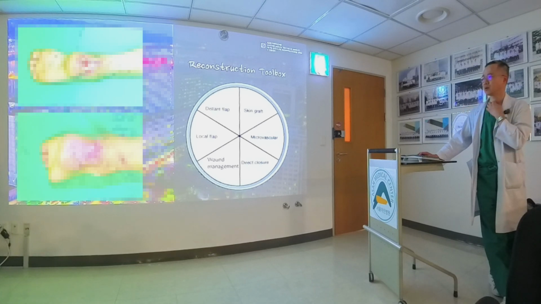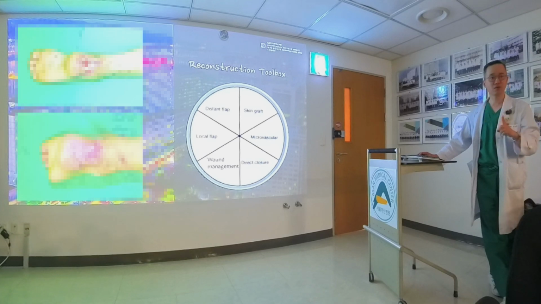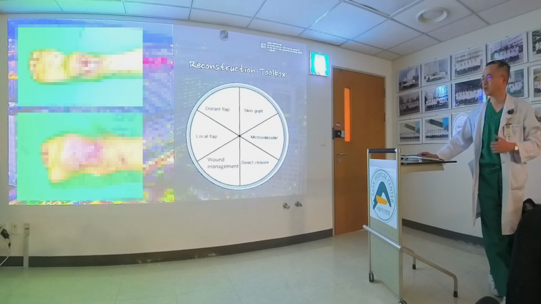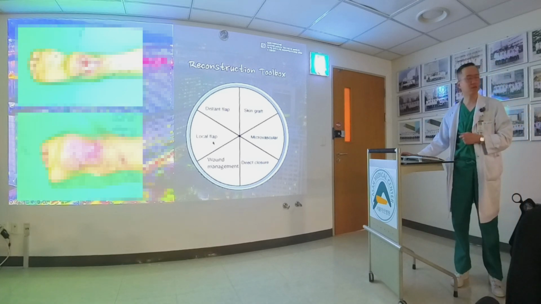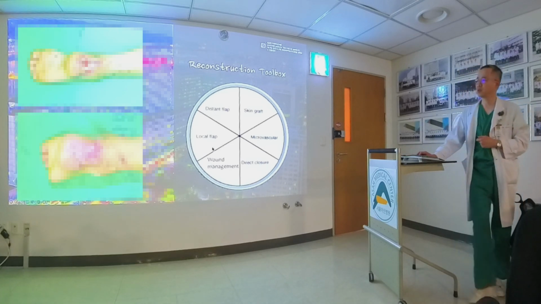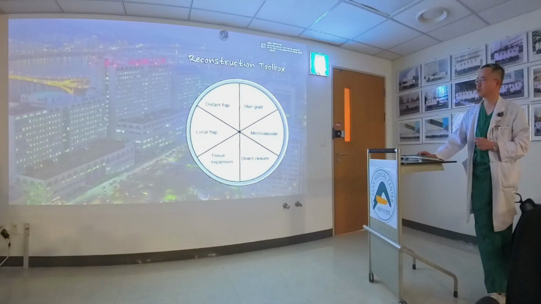So surgery is not the only answer for that wound. You can use so many options, and if you have wound management in your toolbox, it can be a really good tool that you can use for most of the